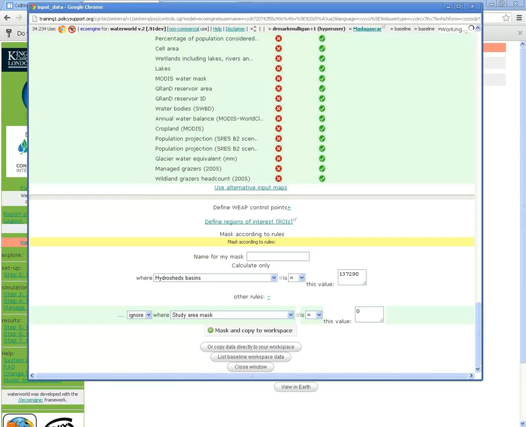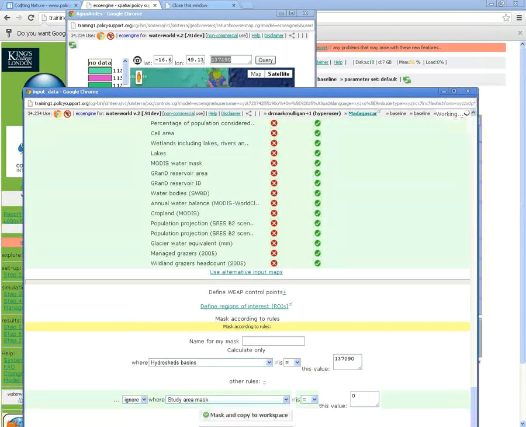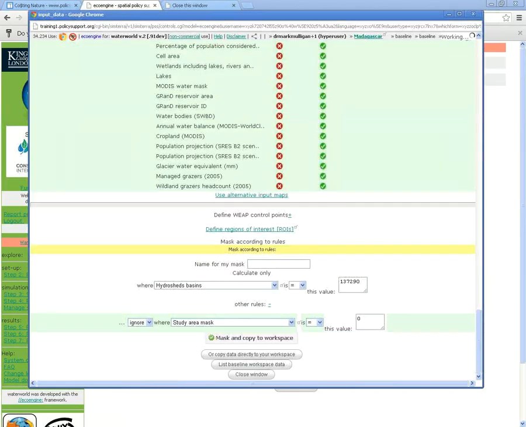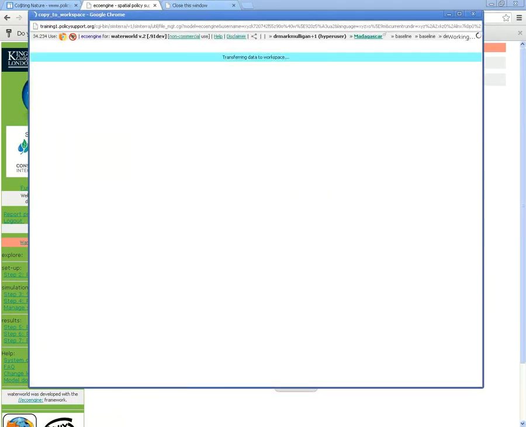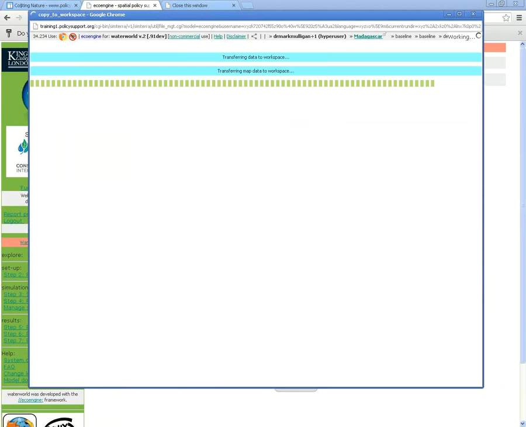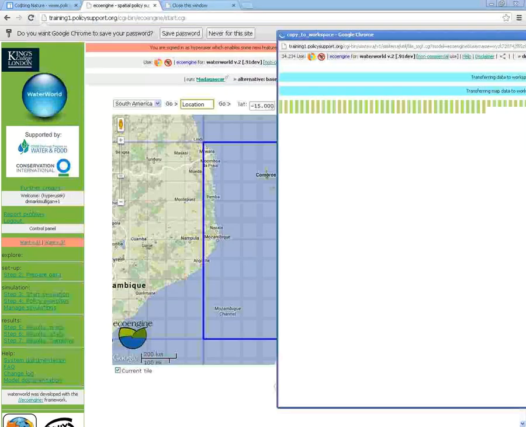I'm just going to copy the full tile because we can actually just look at the outputs, the results, and mask the outputs rather than masking the input data. So I'm just going to copy full tiles. This might take slightly longer than in Costing Nature. So let's have a look at the